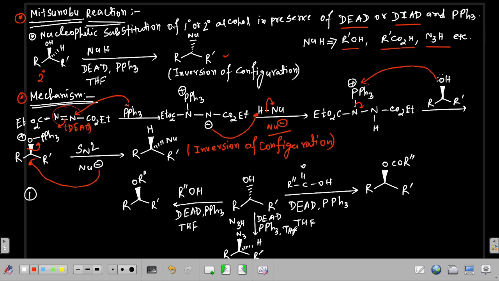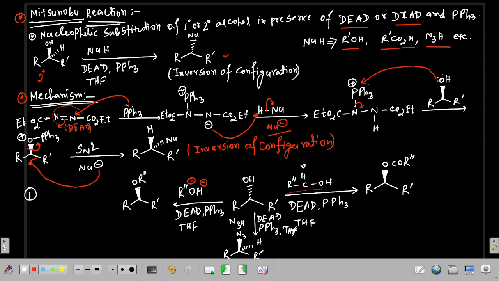Now we will see the three defined types of nucleophiles. One is alcohol. If we use this alcohol, the nucleophile minus will be this. This is minus, this is plus. So it will attack, and it will form this ether in presence of